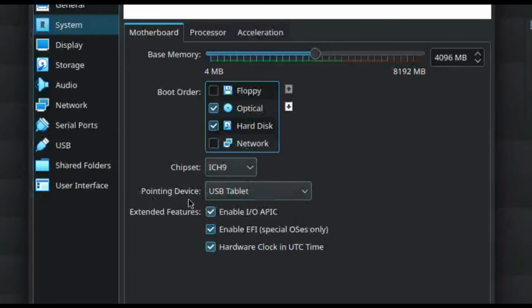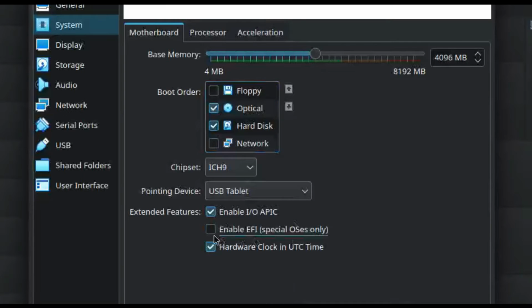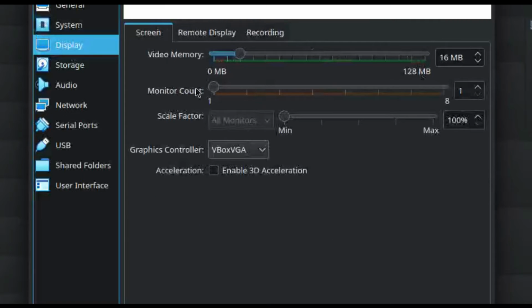ICH9 chipset, pointing device, USB tablet. Here you see if you are installing any other Windows or Linux OS, you have to uncheck this one, but when it is Mac, you have to check this, Enable EFI (special OSes only). Okay, if you don't check this, you cannot install macOS. Okay, done. Display